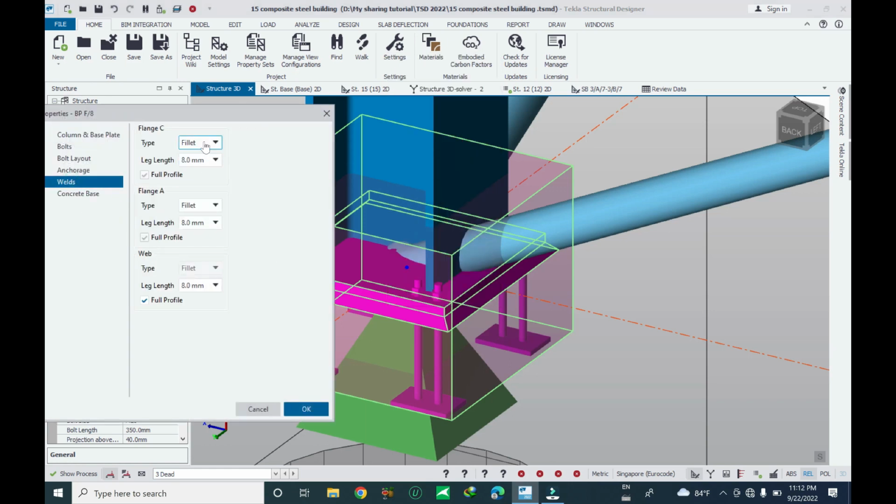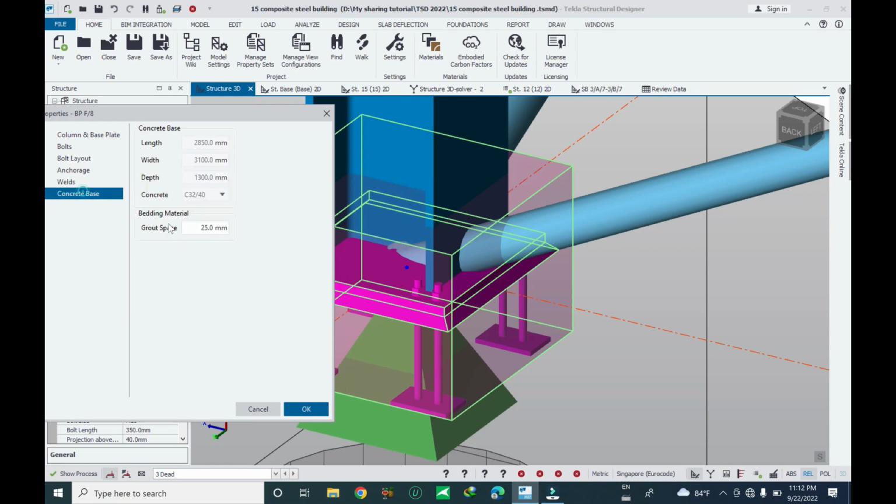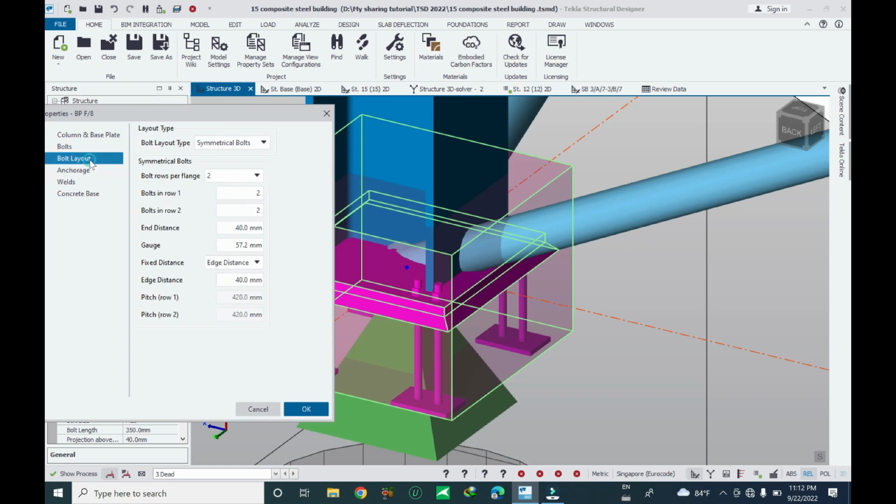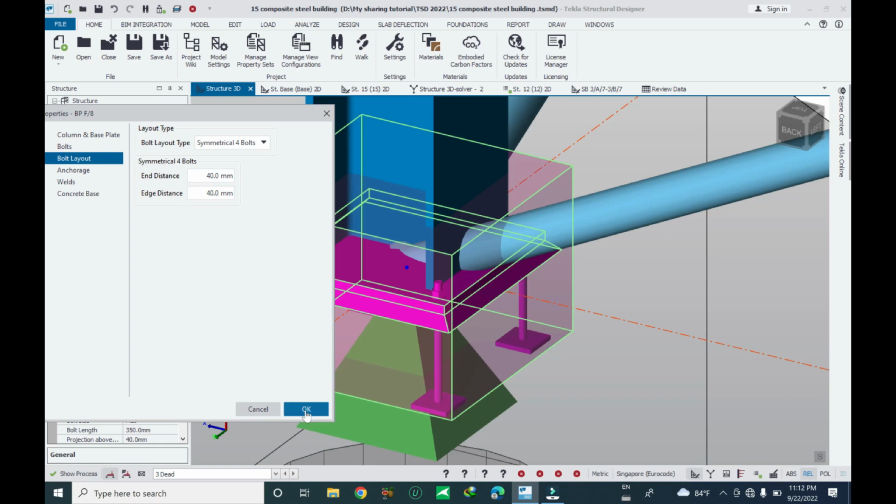Well, you can change the weld size, fillet or butt. You can change to 6mm concrete plate. You can change the grout spacing. Yeah, this is the grout spacing under the backplate in contact with the pile cap. Now let me change to 30, and the bolt layout, let me keep it in the default. Come back, click OK,